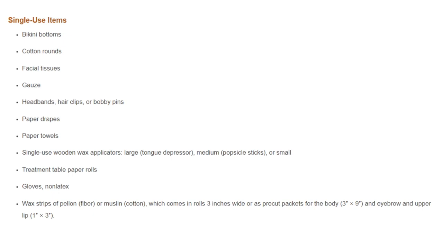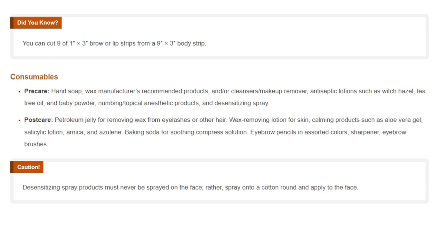Treatment table paper rolls. Gloves, non-latex. Wax strips of pellon fiber or muslin cotton, which comes in rolls 3 inches wide or as pre-cut packets for the body, 3 × 9, and eyebrow and upper lip, 1 × 3. Did you know? You can cut 9 of 1 × 3 brow or lip strips from a 9 × 3